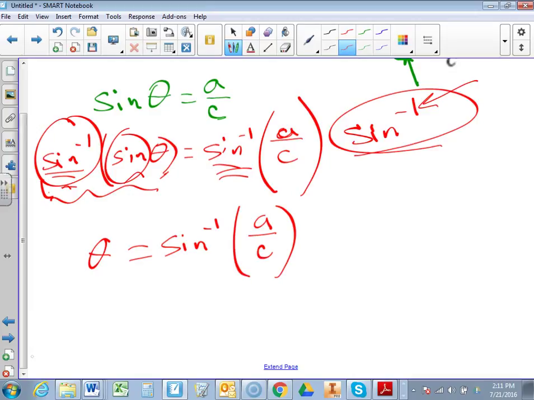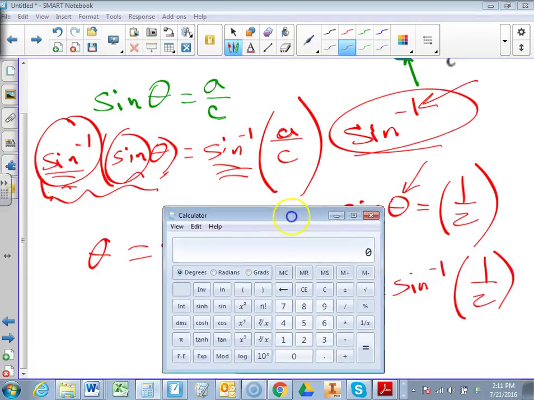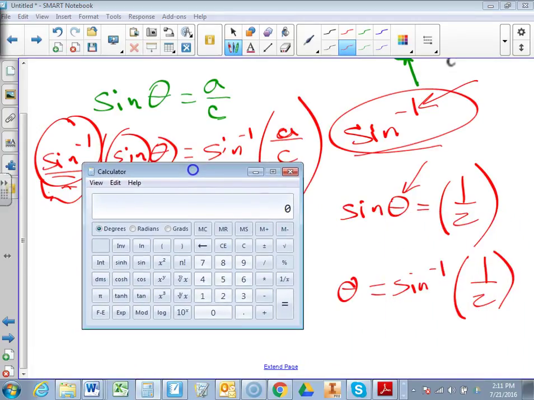Let me just give you an example of this. If you had the sine of theta is equal to 1/2, and I wanted to know the angle that did that, I'd take the inverse sine, so theta is equal to the inverse sine of 1/2. And then, on my fancy schmancy calculator, I could put in a half, 0.5, and then I could do inverse